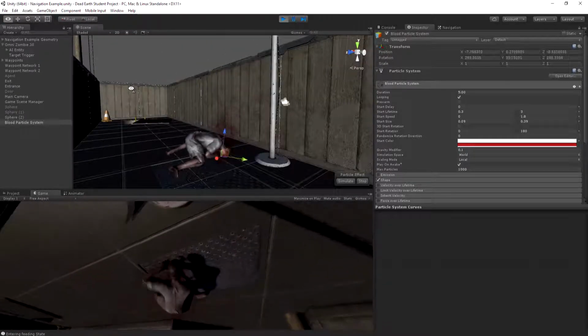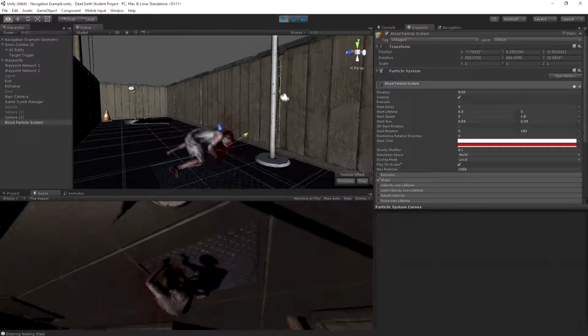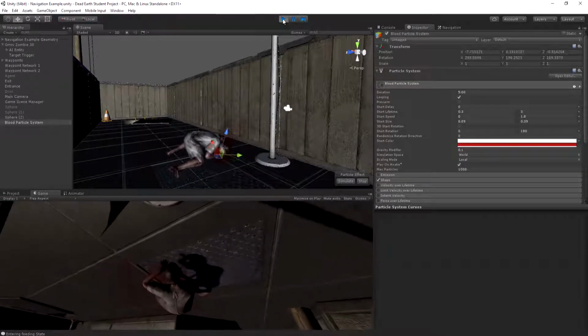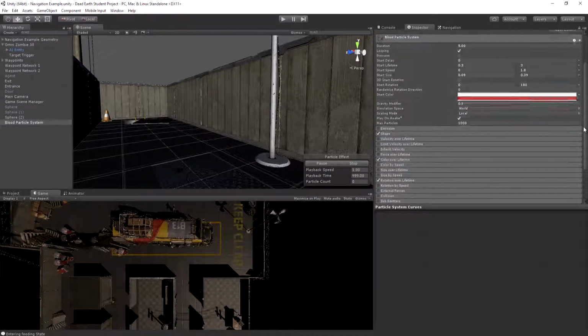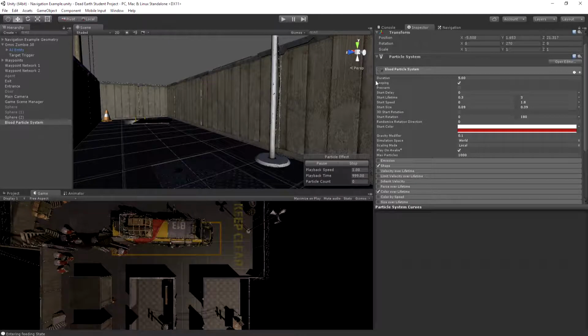Okay, it's a bit too much in it. Probably doesn't need as many particles, and the particles probably could do with being a bit smaller, couldn't they? So what I will do, I'll give them a shorter lifetime, I think, because they're going up quite a long way into the sky. So we set the lifetime between 0.3 seconds and 3 seconds. So I'll say the maximum is 1 second. And I'm also going to decrease the size a little bit to make it a little bit more realistic. So I'll set the maximum size down to